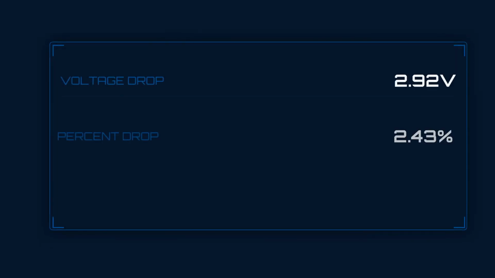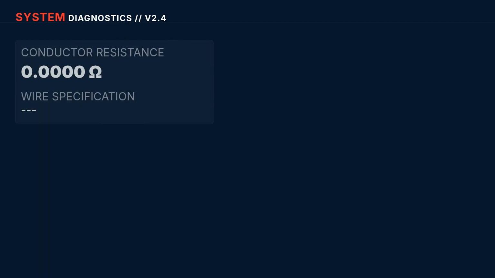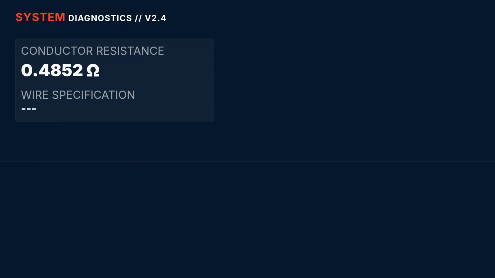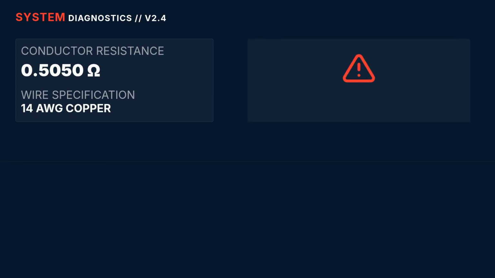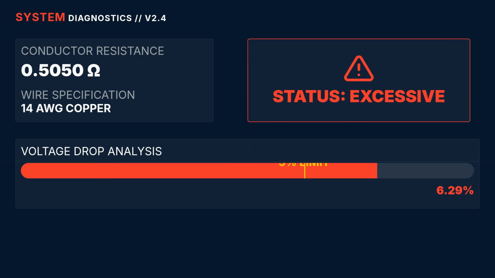The voltage drop is 7.58 volts with a percent drop of 6.31%. The load voltage drops to 112.42 volts. Total conductor resistance measures 0.5050 ohms. The wire size confirms 14 AWG copper, and the status shows excessive, indicating you should increase wire size